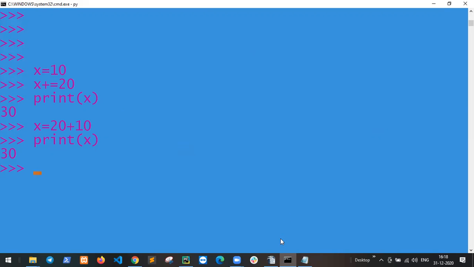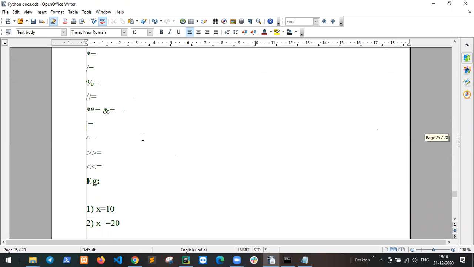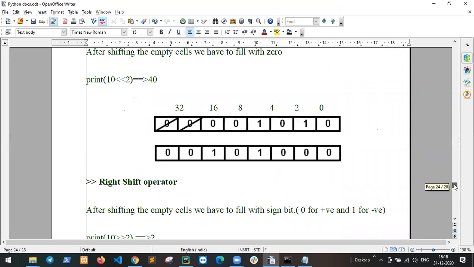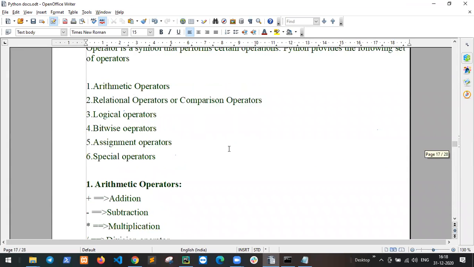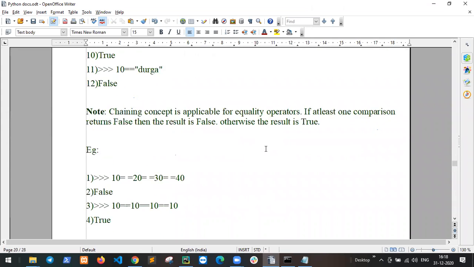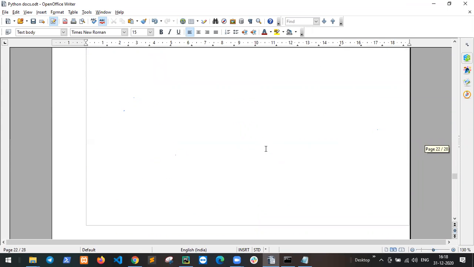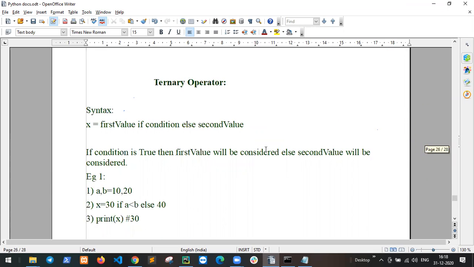Yes, sir. Okay. Same things for the other operators. The assignment operators are done. Next are the special operators, then the ternary operator.